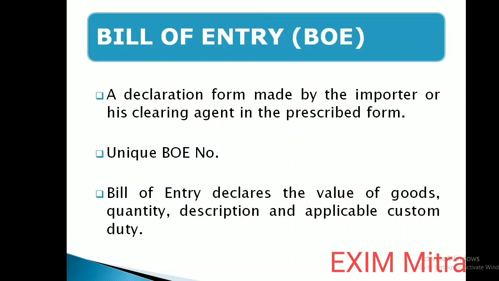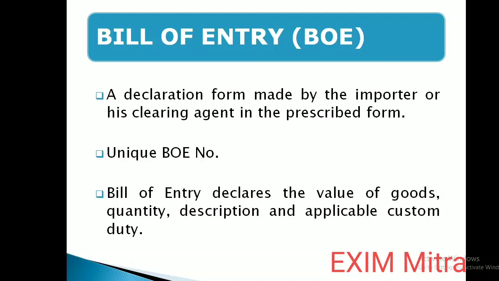Friends, bill of entry is a mandatory declaration to be made by every importer which is filed electronically and assigned a unique number by the EDI system. EDI system is the electronic data interchange system. It is an online system of the customs through which the bill of entry is filed and processed. Bill of entry shall be deemed to be filed only when this unique number is generated. Means that unique number is the proof that you have filed the bill of entry.